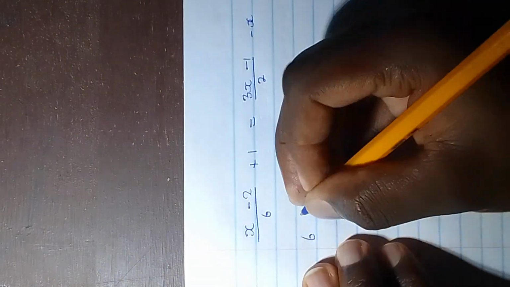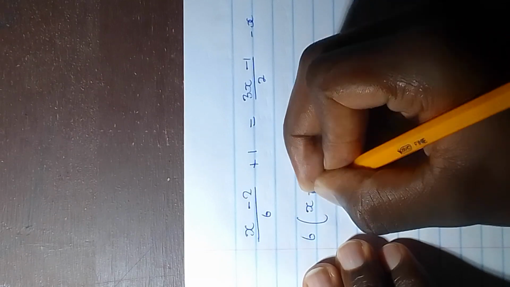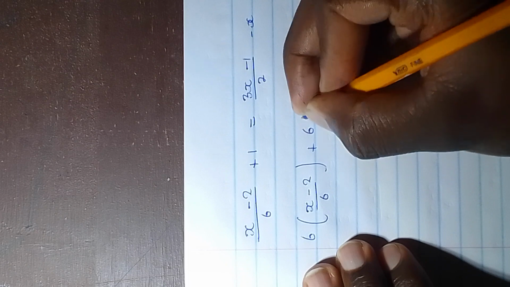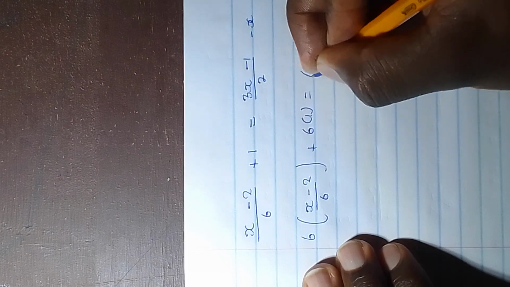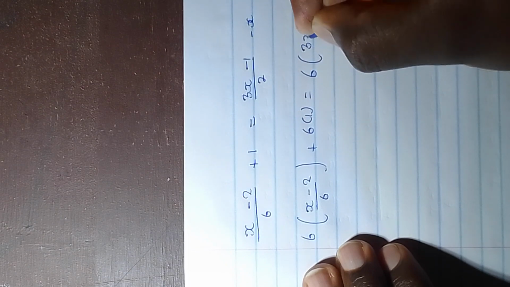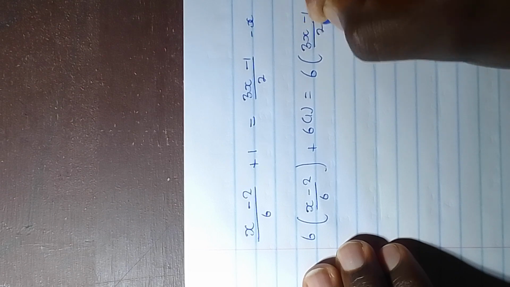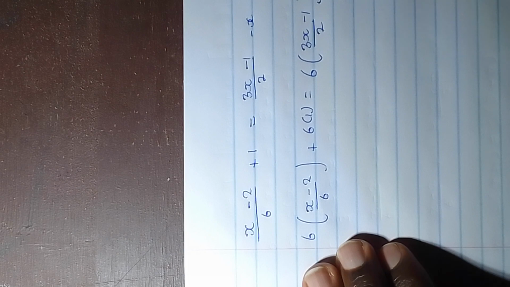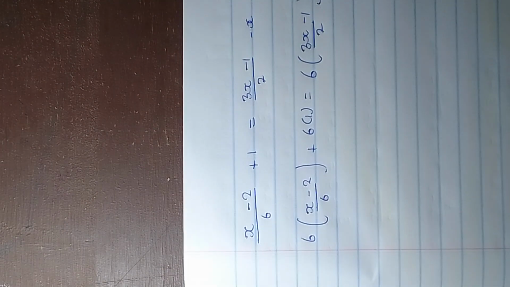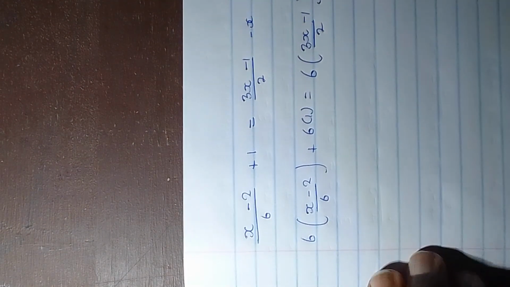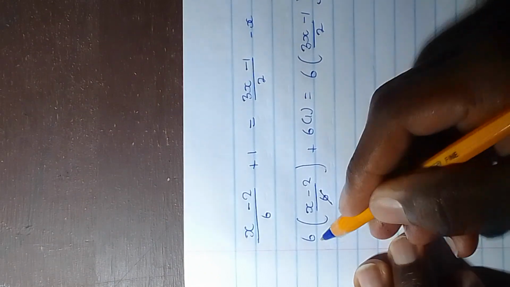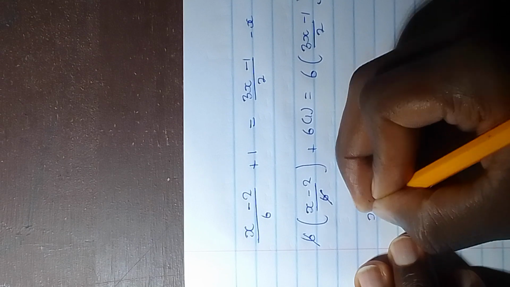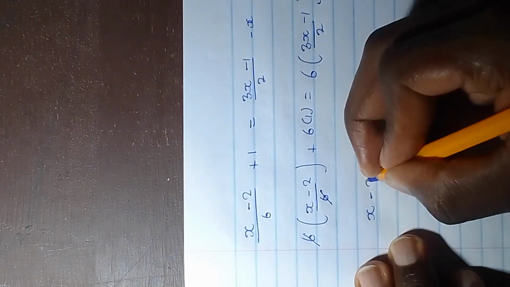Then we're gonna have 6 multiplied by x minus 2 over 6, close bracket, plus 6 times 1 equals 6, open bracket, 3x minus 1 over 2 minus 6 times x. We multiply the whole equation by our LCM in order to eliminate the fraction. Then 6 into 6 goes once, then 1 times x, which is x, then 1 times negative 2, which is negative 2,